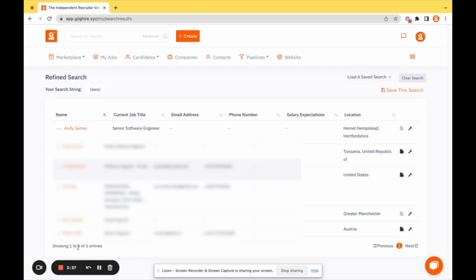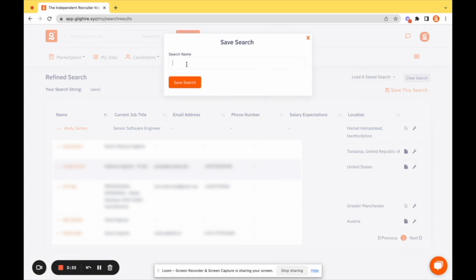But what you can do is come up to the save option here. If I say AWS search, that search will now save. So that's there for you to come back to at a later date. If you're working through a list of say 20 or 30 candidates or 50 candidates, you can come back to that at a later date and, like I say, pick up where you left off